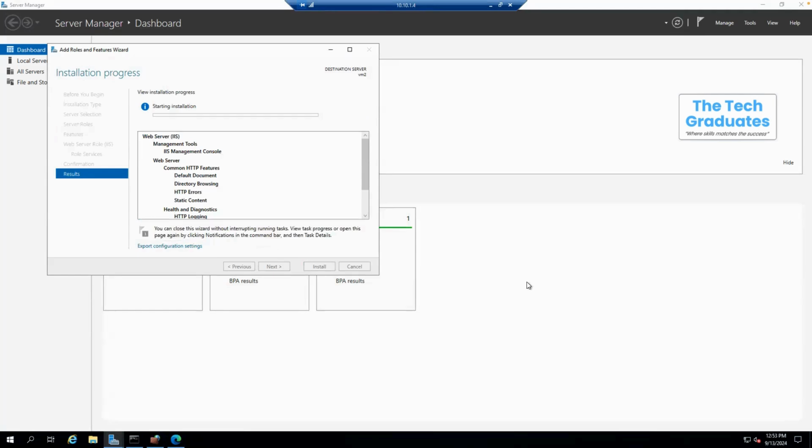So one way I showed you is how we can do it with PowerShell. Similarly, we are doing it here using the add roles and features wizard, also within Server Manager. Now installation is in progress. Once it is done, you'll see that we are able to receive